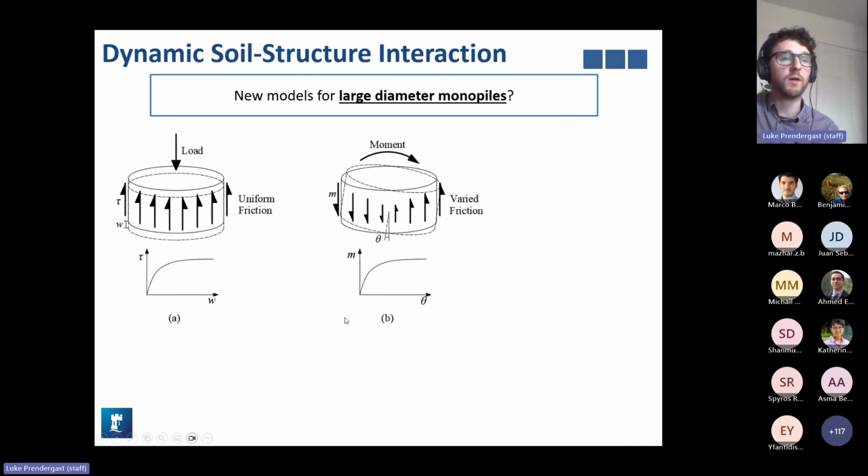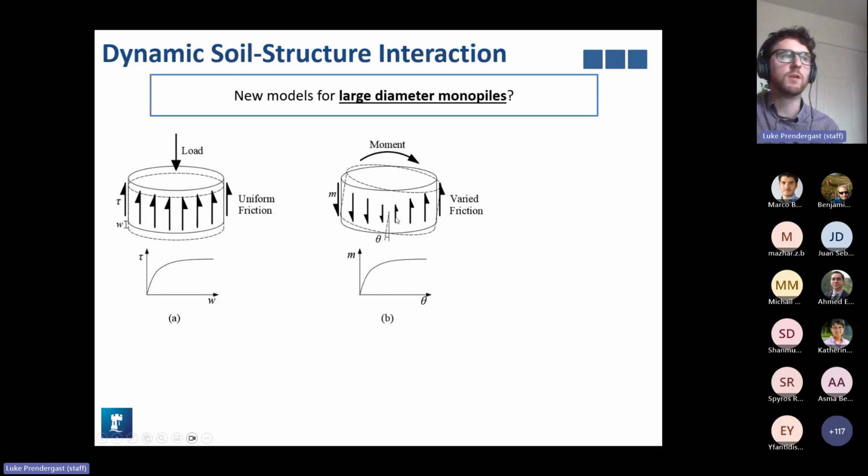And just to show you on the final slide here what that really looks like, when we actually load a pile, we expect that we generate this axial, reasonably uniform friction, depending on the heterogeneity of the soil profile, of course, around the pile. However, when you rotate it, you get a variable friction generated across the cross-section.